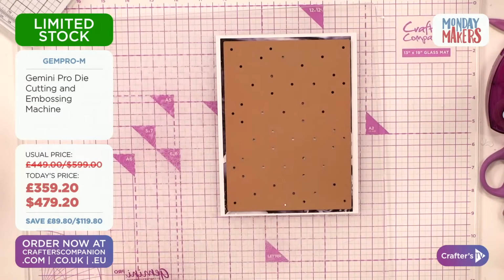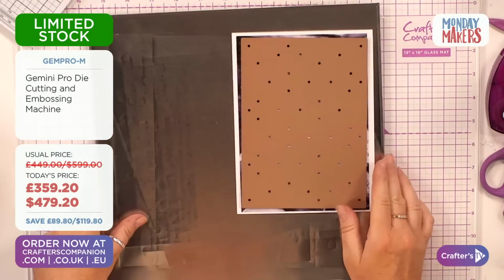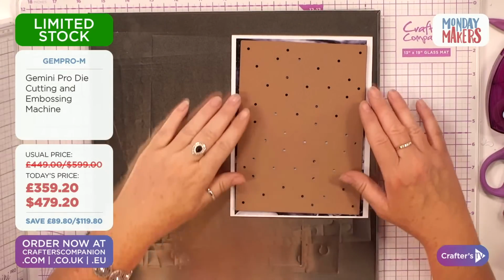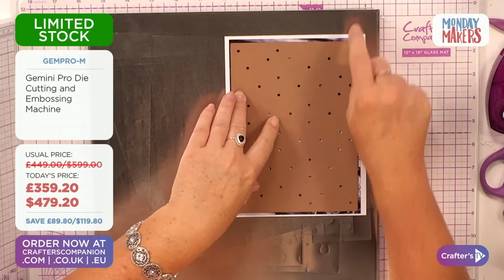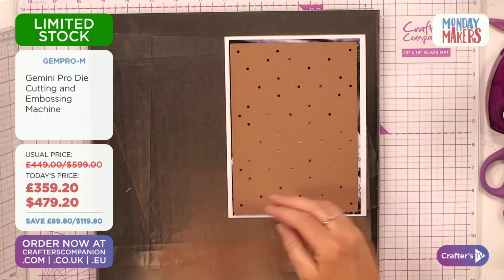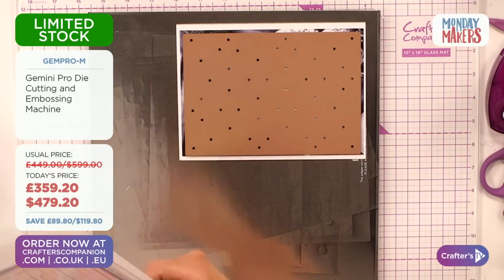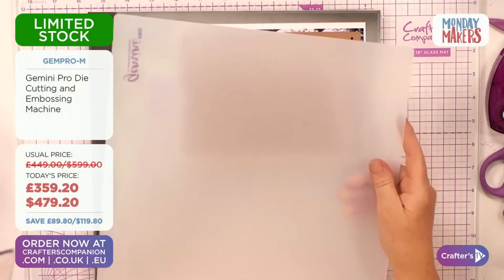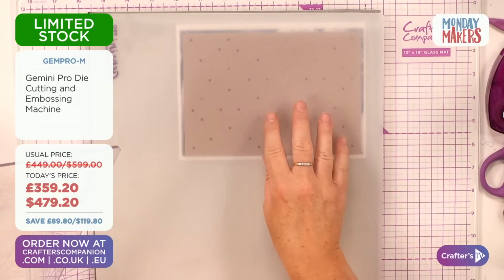But what I am going to do with this one is bring in my metal shim as well, because what I want to do is cut metal into metal. So the metal die going through the mount board is hitting against the metal shim, which will really help the cut. And actually, we'll show you the function of being able to cut it as well as double cut. So we'll send it through and use the reverse function. Now, because it is a thicker die, I need to take out one of my shims, which is my